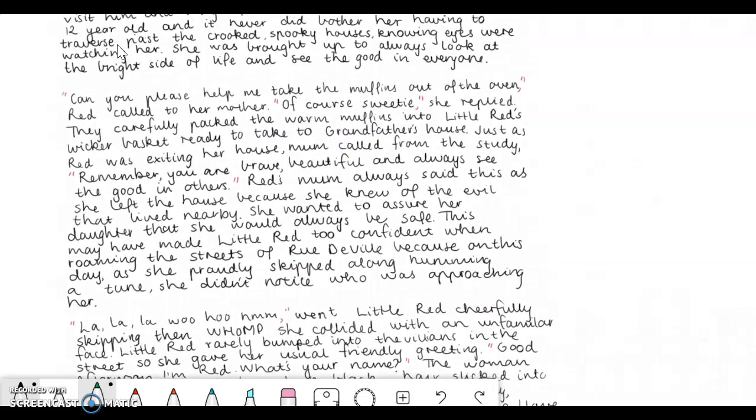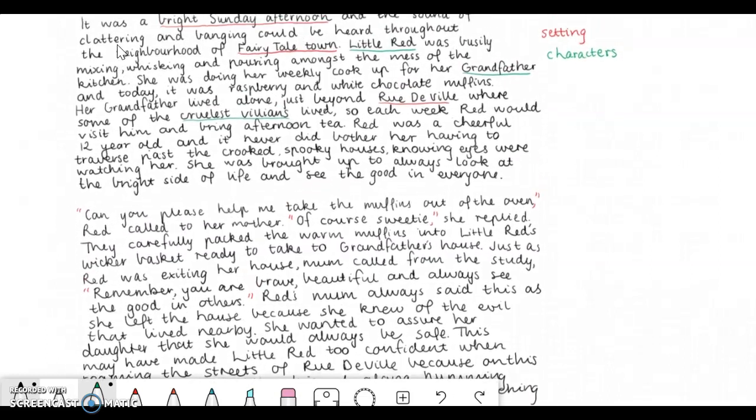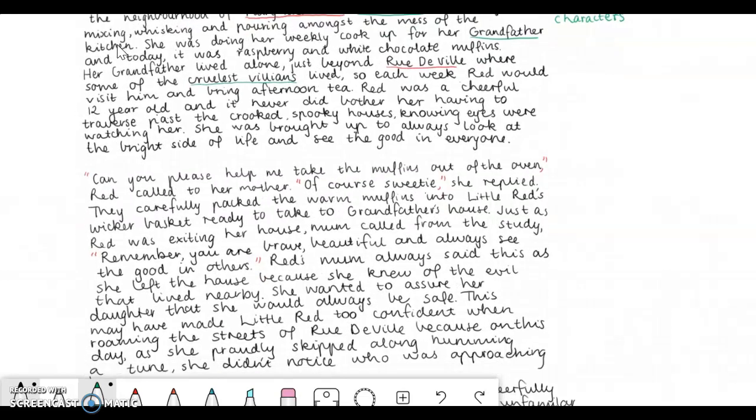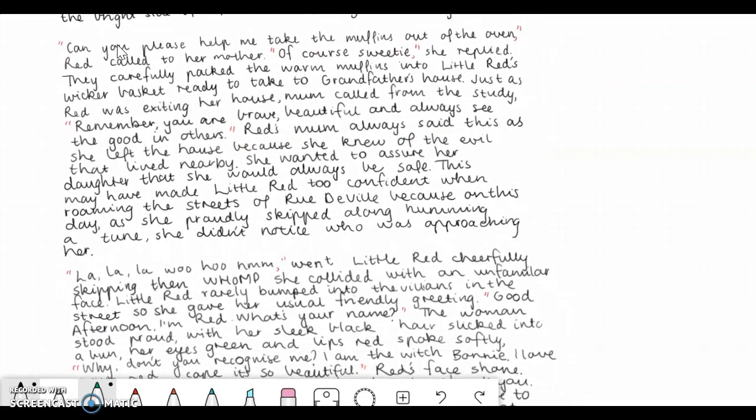So my orientation ended with Red making some muffins for her grandfather. She lived in an area where there's the cruelest villains around. She has to walk past their houses to get to her grandfather. And we know that Red was encouraged to see the bright side in everyone. So here I've got,